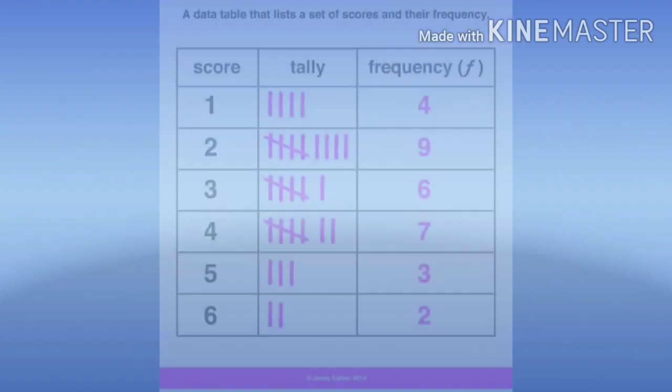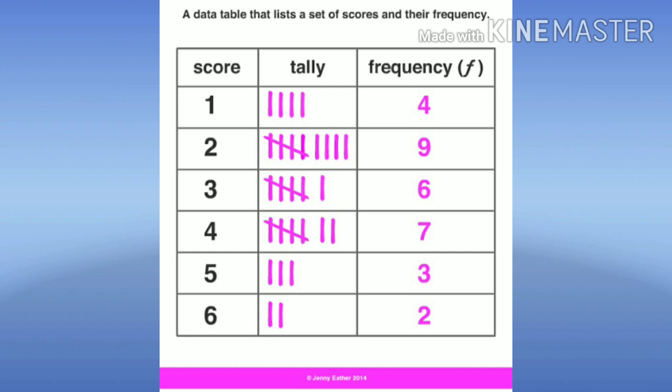For making a table, we have to draw 3 vertical columns. First one is score, second one tally marks, third one is frequency. First column is of score. Scores should be entered in ascending order, children, like 1, 2, 3, 4, 5 and the last score given in the question, 6. So we stop at 6. Now tally marks. Here, children, 1 has repeated 4 times. So in the tally mark column, we draw, children, 4 standing lines. In the frequency column, we write the number 4.